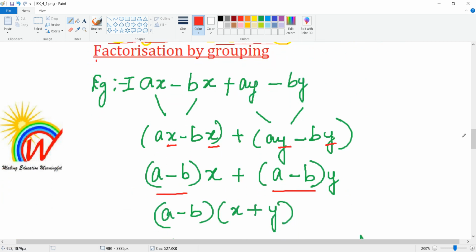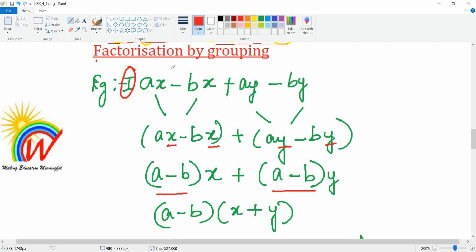So factorization by grouping. So in grouping we have to do this. Let's look at an example. So I'm going to explain two methods over here. Okay, so this is method 1. Okay, this is first method. Okay, so now here you see you have got ax minus bx plus ay minus by. Now if you look at these, you can't use the first method over here. Taking common is not possible because we don't have anything which is common in all four of them.